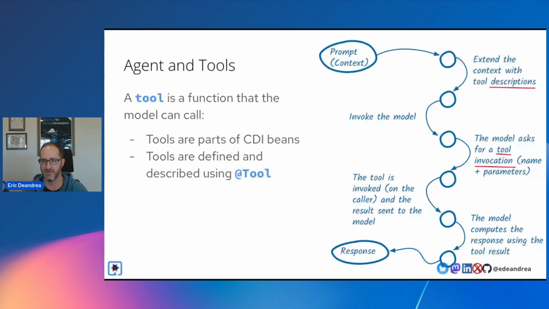Now, I've got another slide talking about what could possibly go wrong here, so we'll talk about that in a second, but let's talk about how we define these tools first. In Quarkus, these tools are just CDI beans. In Spring, if you use the Spring starters for LangChain4j, they're just beans. You define them using this tool annotation, extending your code with these descriptions, and this description of your tools is super important. You're trying to get the language model to understand what the tool does and how it would invoke it, using natural language.